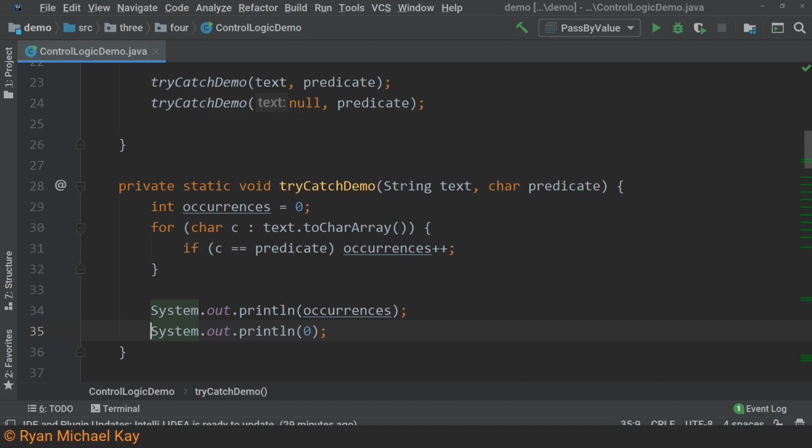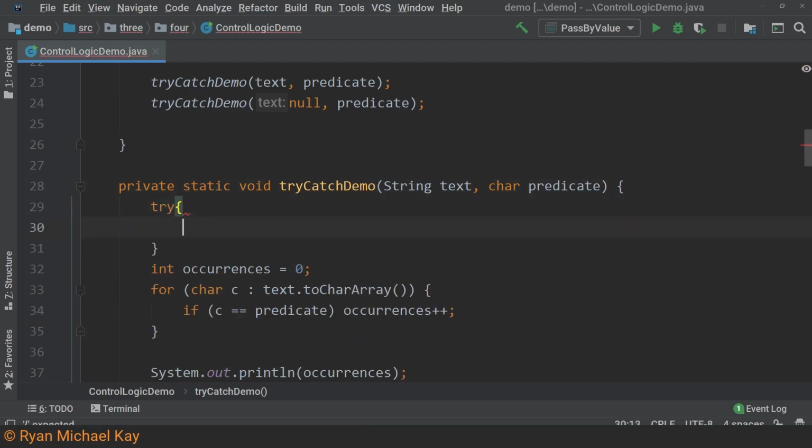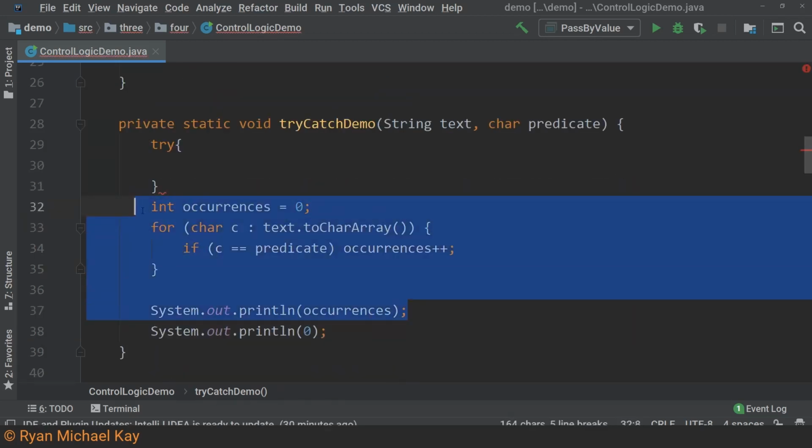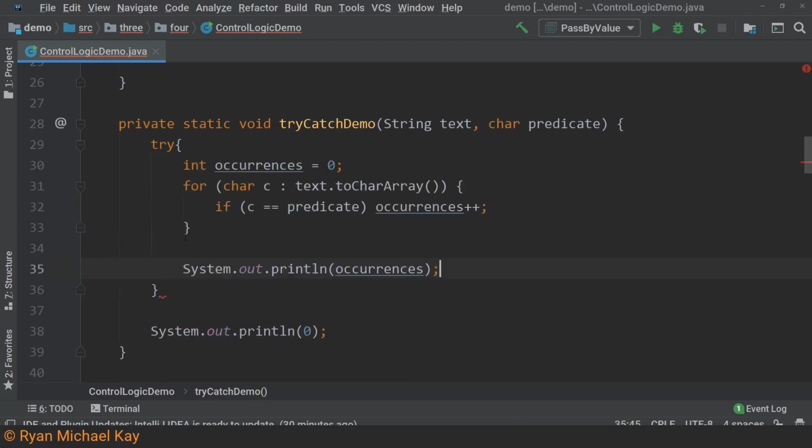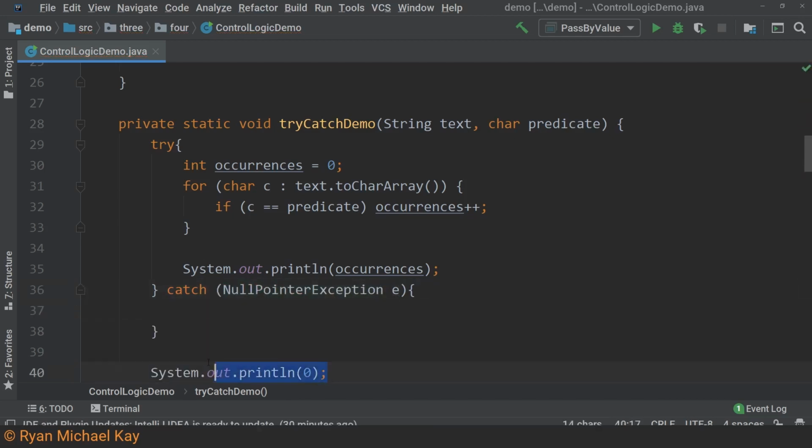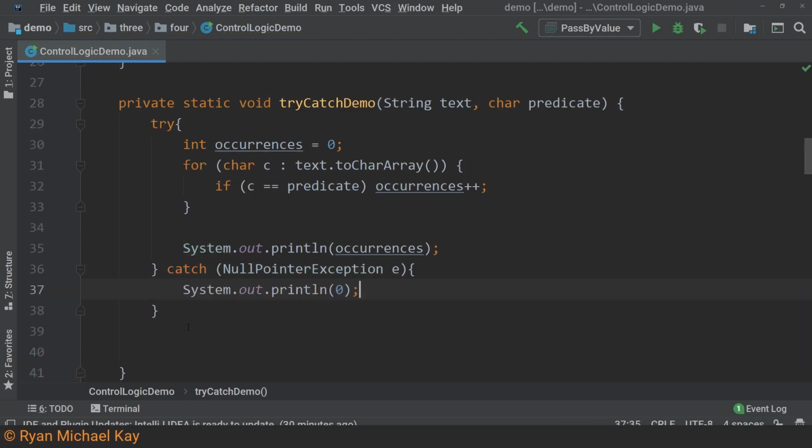To be specific, when the computer reached the text.toChar statement, it would throw a null pointer exception and the whole program would crash. Since we are aware of that, we can anticipate this null pointer exception and handle it without having this crash occur. As you can see, the try-catch kind of looks like an if-else statement, and it is fairly easy to understand. The computer will attempt to execute whatever code is in the body of the try statement.